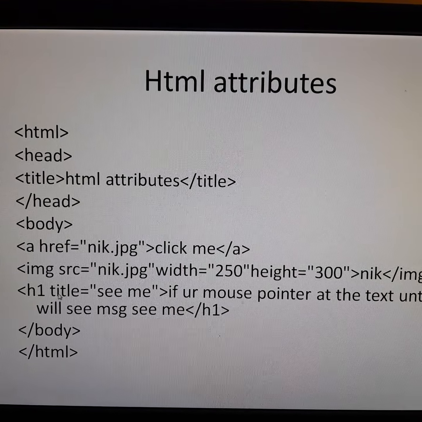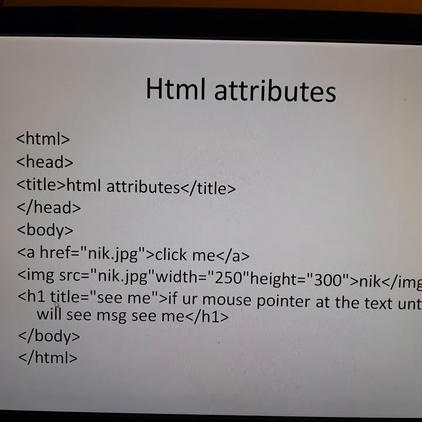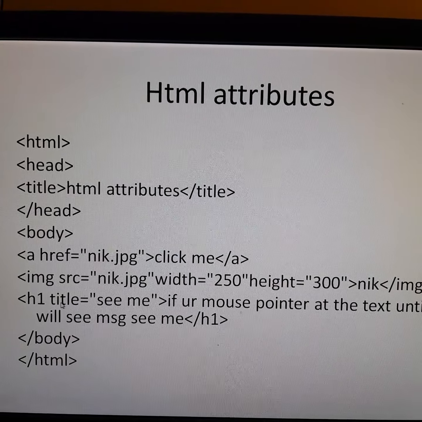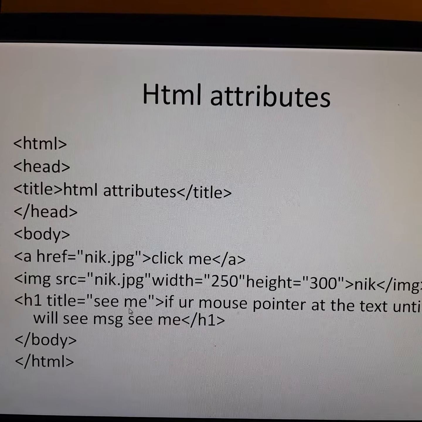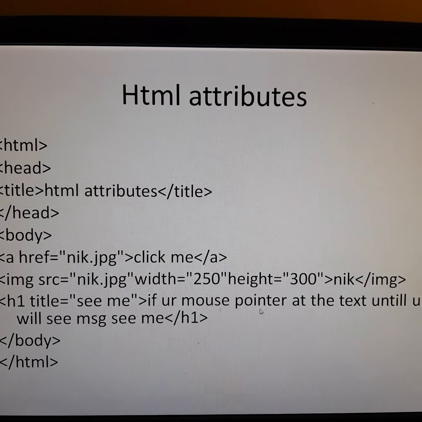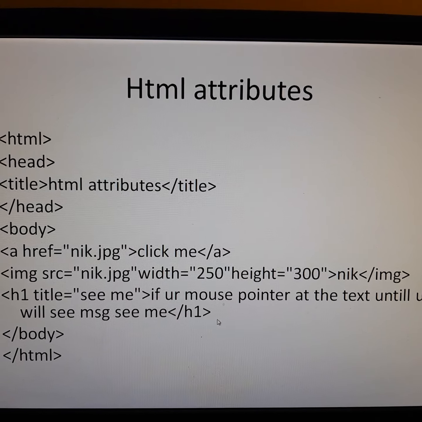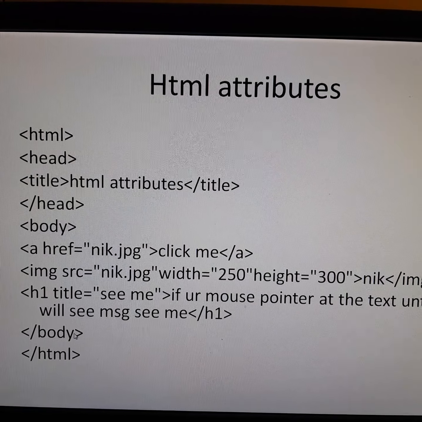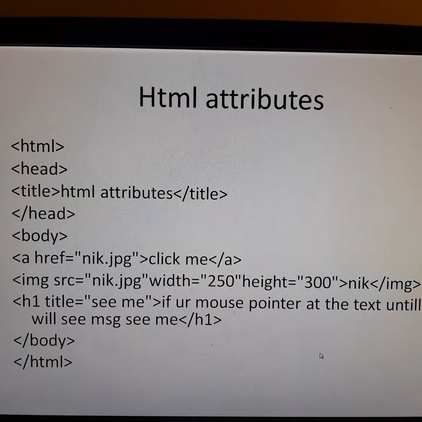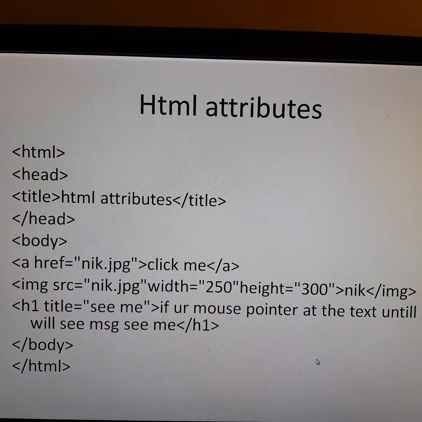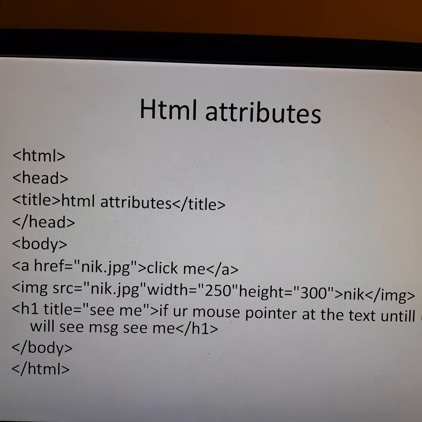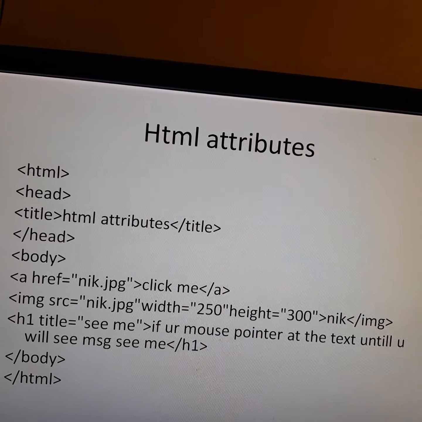Then I have used our heading tag h1. For that, again I have used an attribute called title. See me. If your mouse pointer is on the text you will see the message see me. Closing heading tag and then closing body and closing HTML. So here we have used an anchor tag, where anchor means to give hyperlinks.